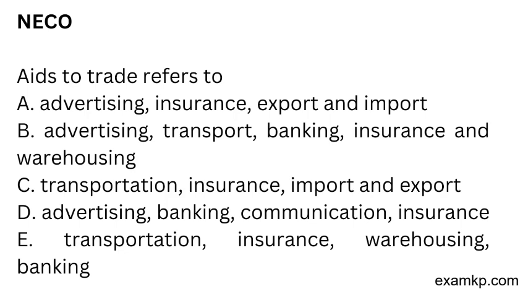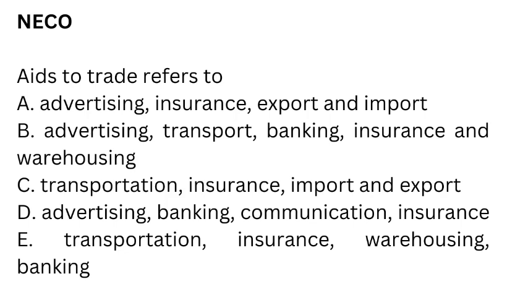Let's look at option A. It includes export and import. Wait a minute, is that an aid? No, that's a type of foreign trade, so A is definitely out. Option C has the same problem. It includes import and export, so that's also wrong. Now, if you look at options B, D, and E, they all list correct aids. So which one is the best answer?